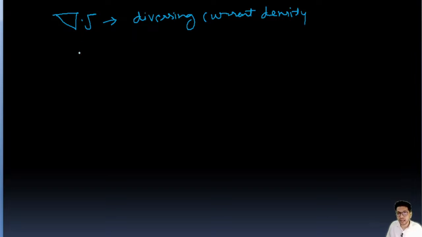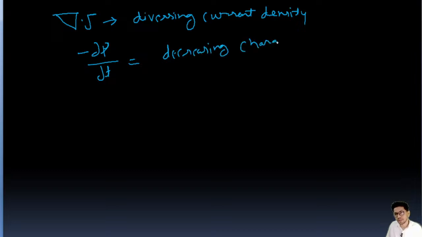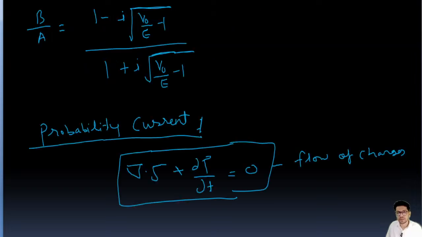And del rho upon del t, this is rho, is the decreasing charge density. How? Because this equation we have written